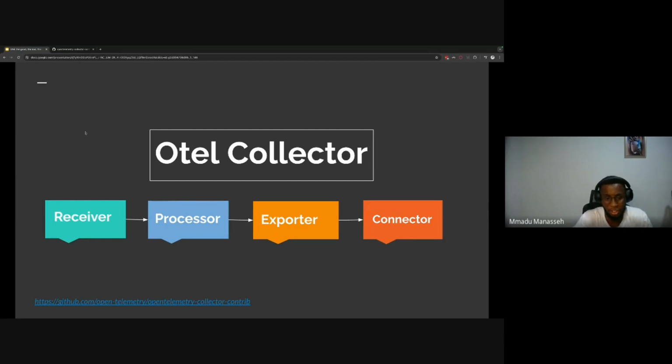The last component there is the connector, but rarely do people use that. Basically, what the connector does is allow you to take data from a particular receiver and pass it to another receiver. It sounds confusing, but let's say I have data that I want to pass from Prometheus to another Prometheus instance, and then I want to collect the data from the new Prometheus instance.